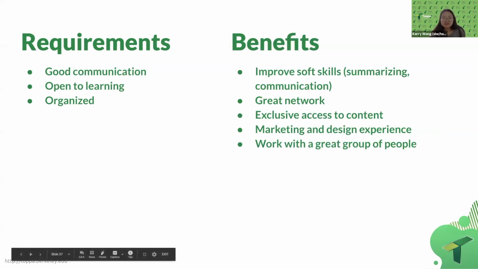So because this isn't a technical project, no previous experience is needed for this. All that I ask is that you're a good communicator. So you'll talk with me and you'll talk with the project team. You're open to learning and you're organized. But the most important thing is that you're open to learning, because this is a learning process for you and for me. And all I can ask is that we improve as the semester goes along, and that we have a deliverable that we're satisfied with at the end.